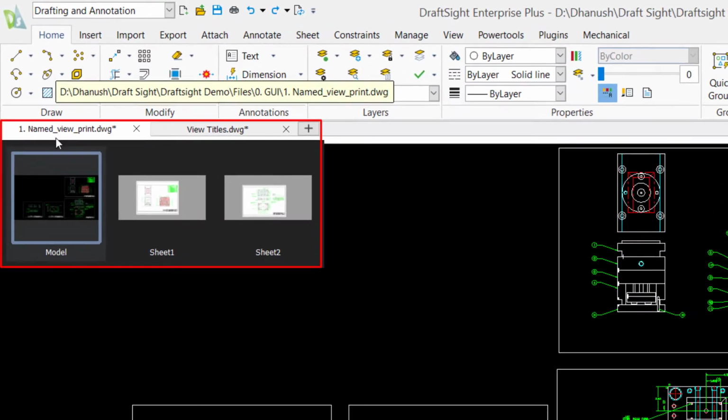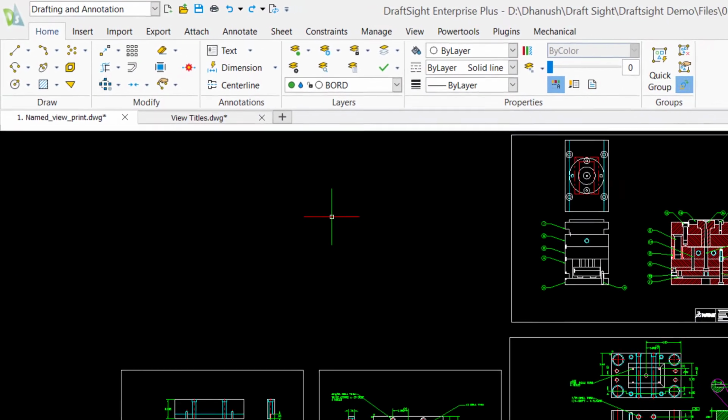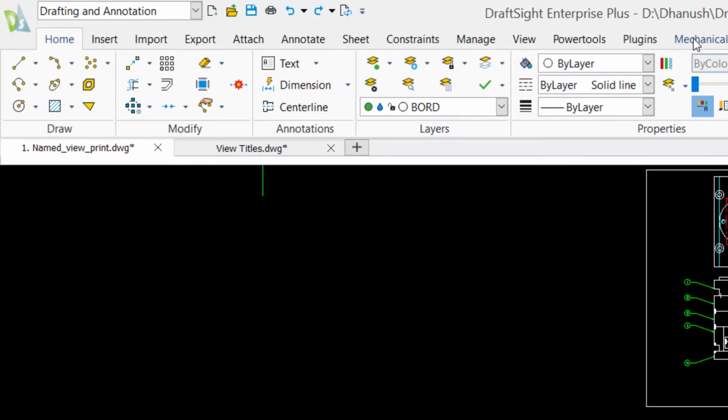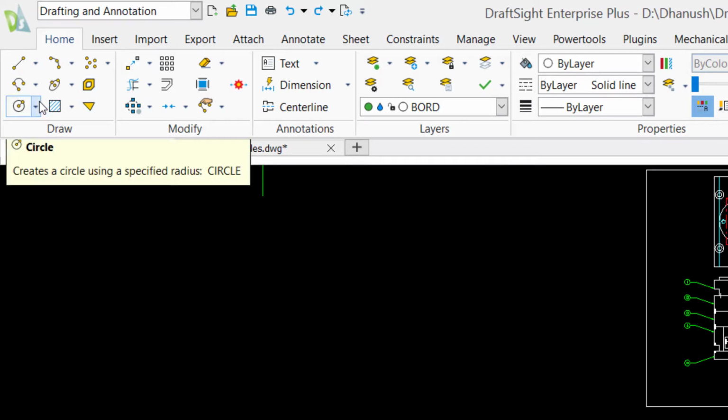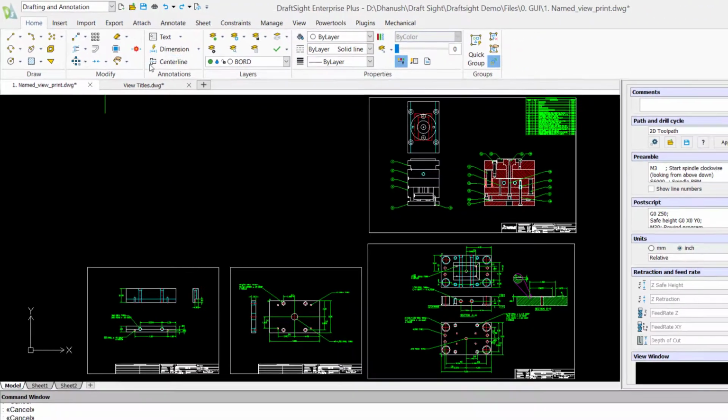When you hover over a drawing file tab, you will see preview images of the model and layouts. Above the file tab is the ribbon. The ribbon organizes commands and tools into tabs and panels. For example, the Draw panel on the Home tab contains tools to create objects, while the Modify panel contains tools to modify objects.